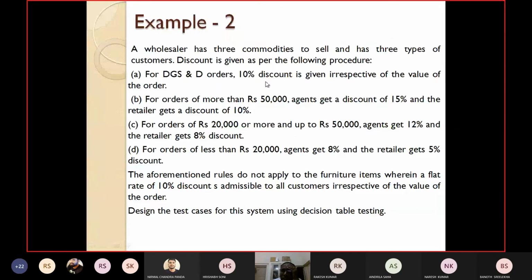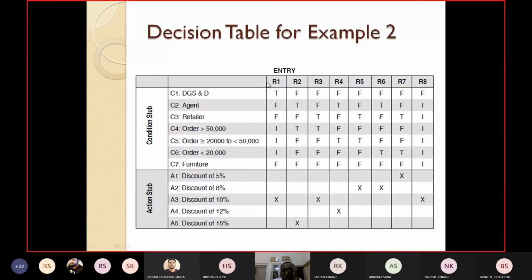Only at the last case will I consider the furniture item. So for rule 2, if it is not a DGST item, and the purchase value is greater than 50,000, and he is an agent, how much will he get? If it is greater than 50,000, the agent will get 15%. So the action will be 15%.